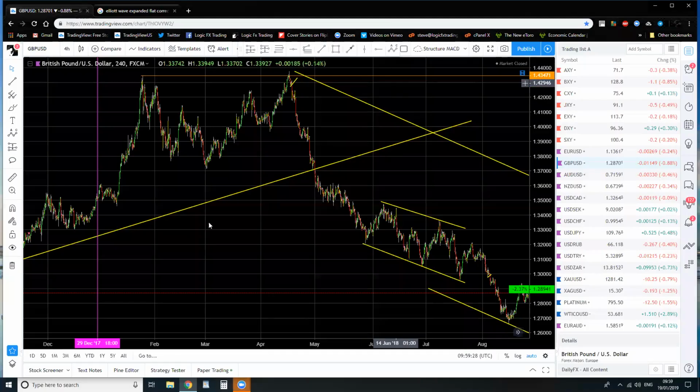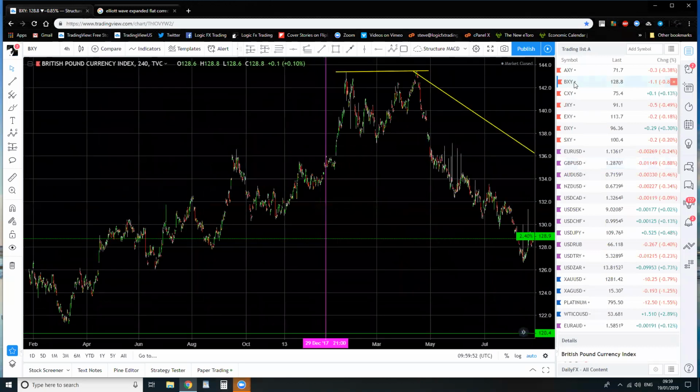Okay, folks, this is one I actually traded, and any of you who have been with me for a while probably won't be watching this video, but we traded this one and it was a really nice trade. It was one of the best trading opportunities we had in 2018. And this was the pound dollar, and we saw this same structure on the pound index, guys, and it was this that wired us off to look for it. You can see there,